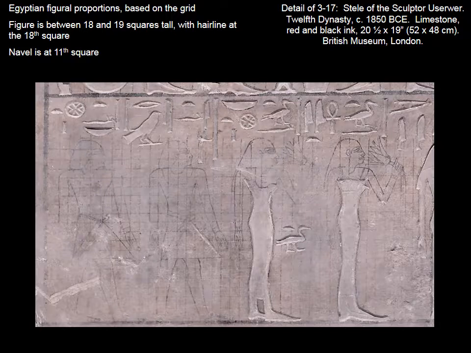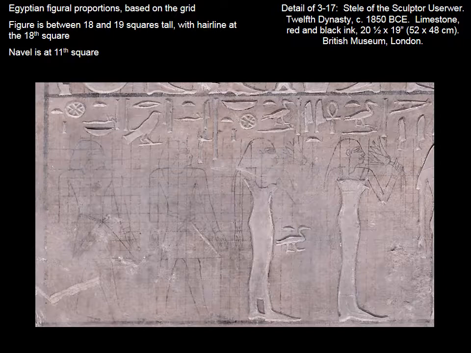Now I'm showing you a very peculiar object from your textbook. I'm just showing you a detail of it, and it's called the stele of the sculptor Ch3. And the reason that your book included this, it makes a lot of sense. It's to illustrate the idea of the Egyptian grid. Now, when Egyptian artists made the human body, they used a very specific convention of the grid. In other words, if I say to an Egyptian artist, make a human figure, they're not just going to start from scratch, they're not going to go look at bodies from nature, they're going to start with a grid,